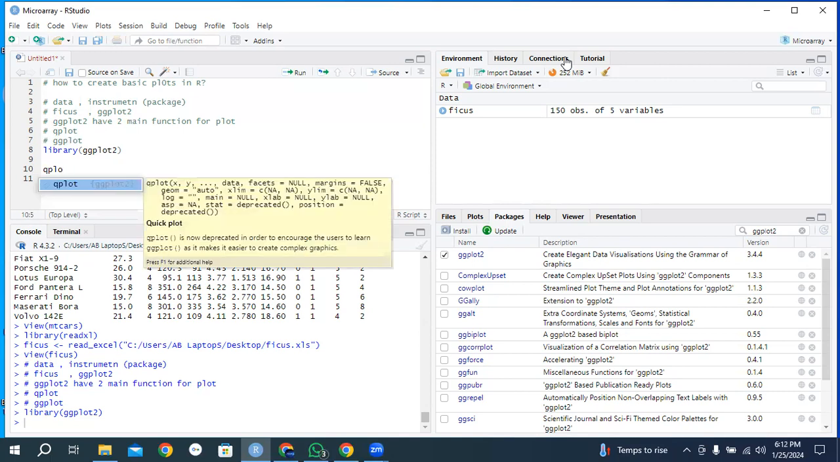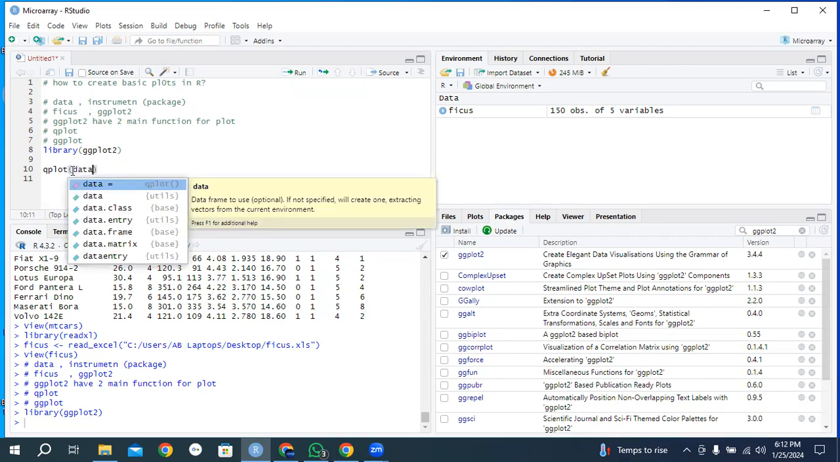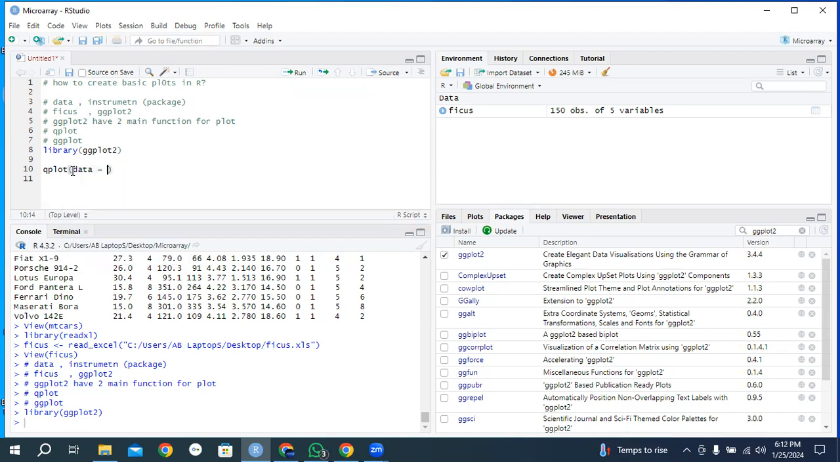When you type qplot, you find a suggestion. Select this suggestion. Now a parenthesis will open. Within the parenthesis, first give its data. As in our previous class, we learned about three different components of a plot, that is data, mapping, and geometry. So data equals, the file name is ficus. Here we need to type the x-axis. The first component is the x-axis. To define the x-axis, click on ficus,